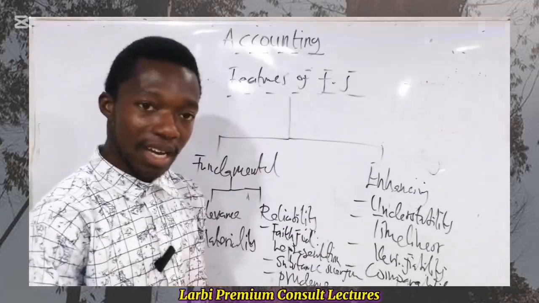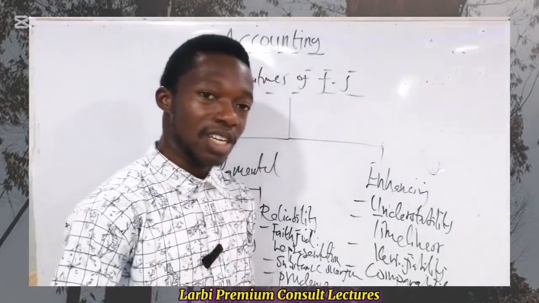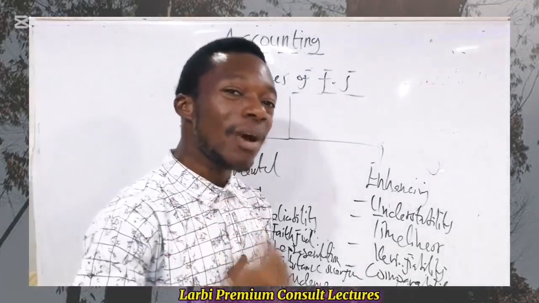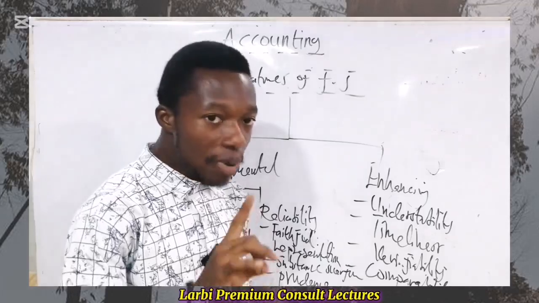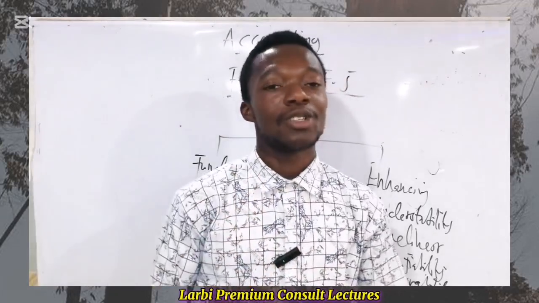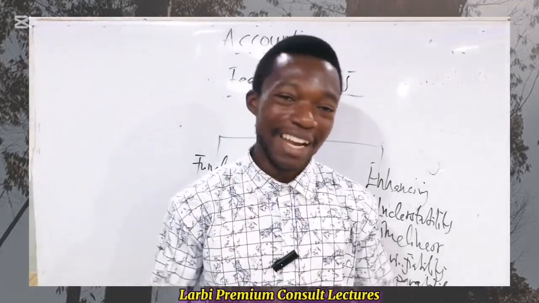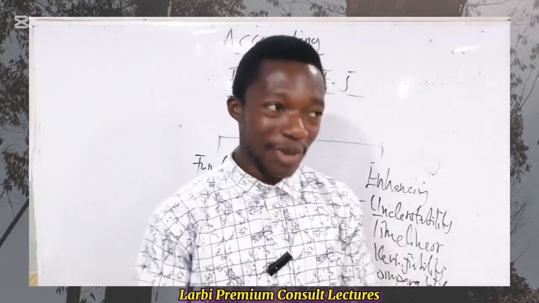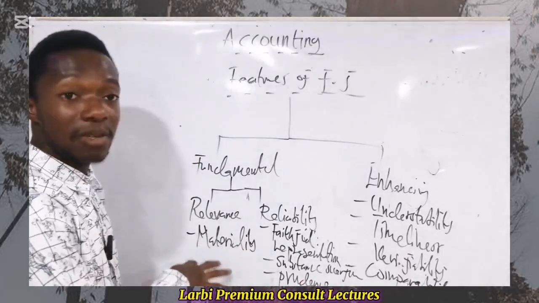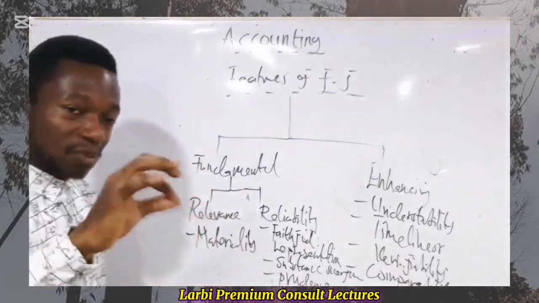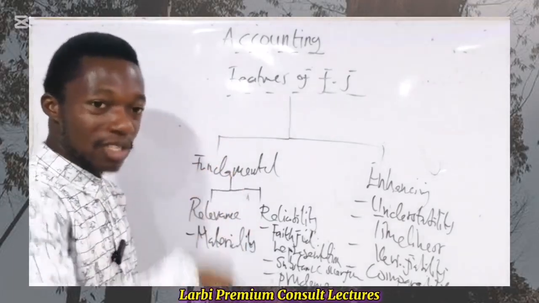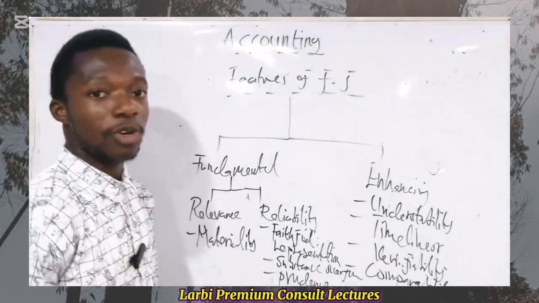That means that in terms of users of the accounting information, the decision that they're going to make based on the relevance of the information can be influenced. So here your parent's decision can have a great impact on the decision you're going to make as per the course you're going to read at the university or the institution you find yourself. So we can say that your parent's decision is material. It's material because their decision as per the course you're going to read can have an influence on the decision you're going to make as per the course you want to do for yourself.